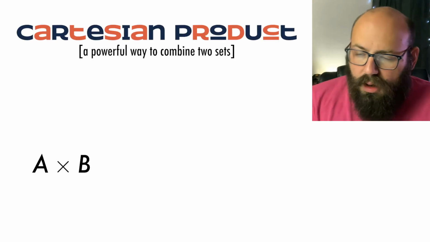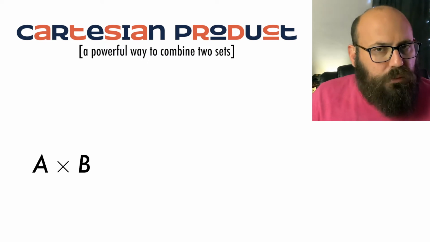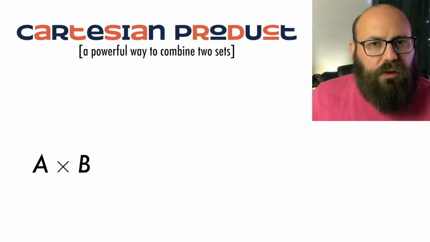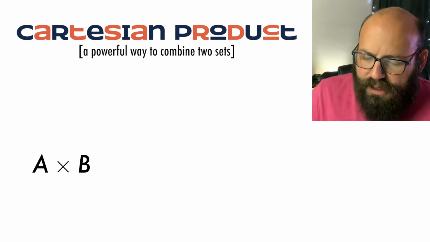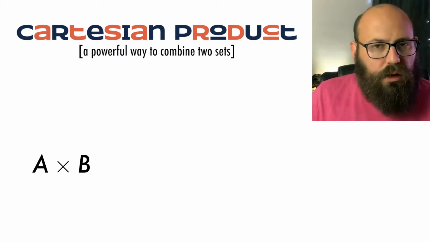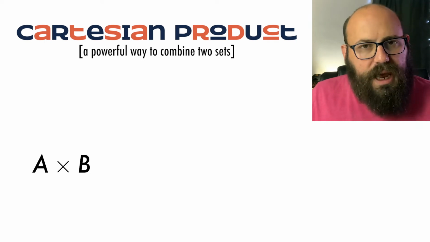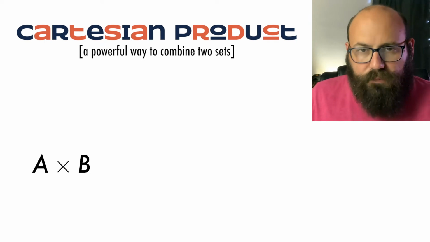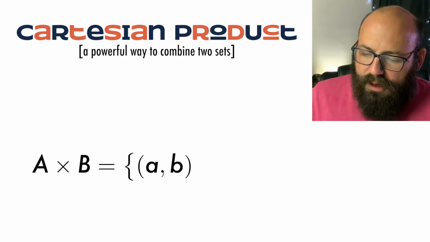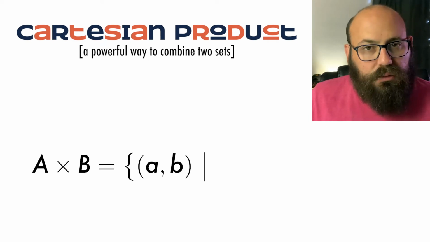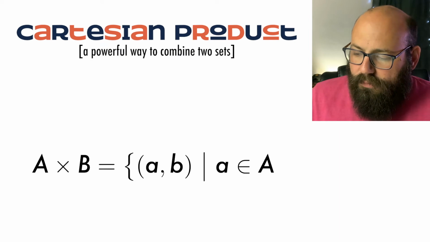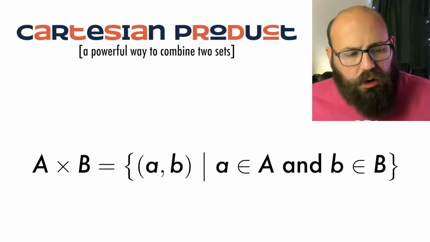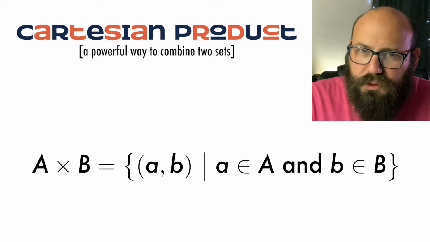And then you might say to yourself, well, what's the set of all ordered pairs that live in these two sets? And that's called the Cartesian product. Okay? So whenever I use this times symbol between two sets, that means take the Cartesian product. And how is that defined? Well, let's say A times B. That's a new set. The Cartesian product of set A and set B is a new set. And it's the set of all ordered pairs, little a, little b, such that little a lives in A and little b lives in B. So that's the Cartesian product, or sometimes just the product of two sets.